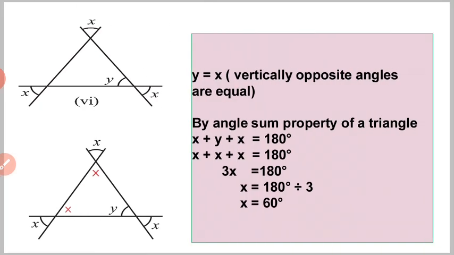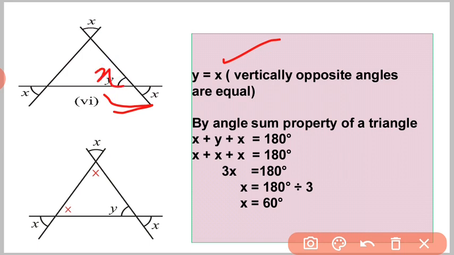In the fourth part, again we have no angles, we just have been given unknowns, that is x and y, and we directly have to find the value of these unknowns. So here we can see that again y and x are vertically opposite angles, and therefore y will be equal to x. So we can write here x. In this particular angle also, these two are forming vertically opposite angles, so we can write x here as well, and same thing we can do over here. So these angles become x and x. So all three angles are equal.